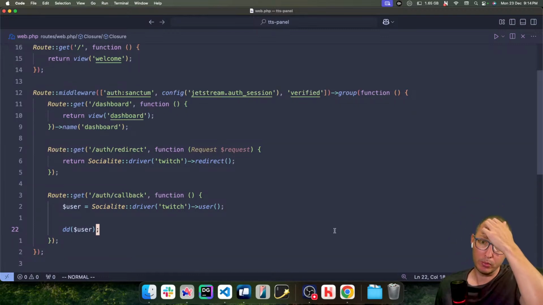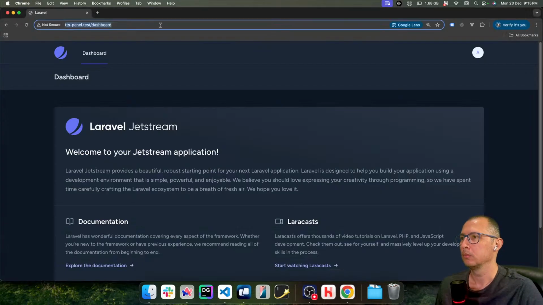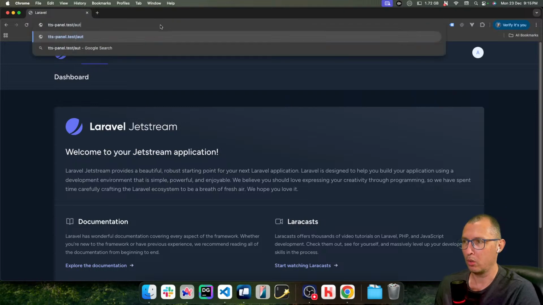Now all I have to do is have a way, actually I don't. Since it is a get, I can just navigate to that route. I can have a button that calls that route, which is more realistic, but in this case, I just want to test it. So let's just navigate to the auth redirect route, which should kick off the signing process. So if I go to auth redirect,